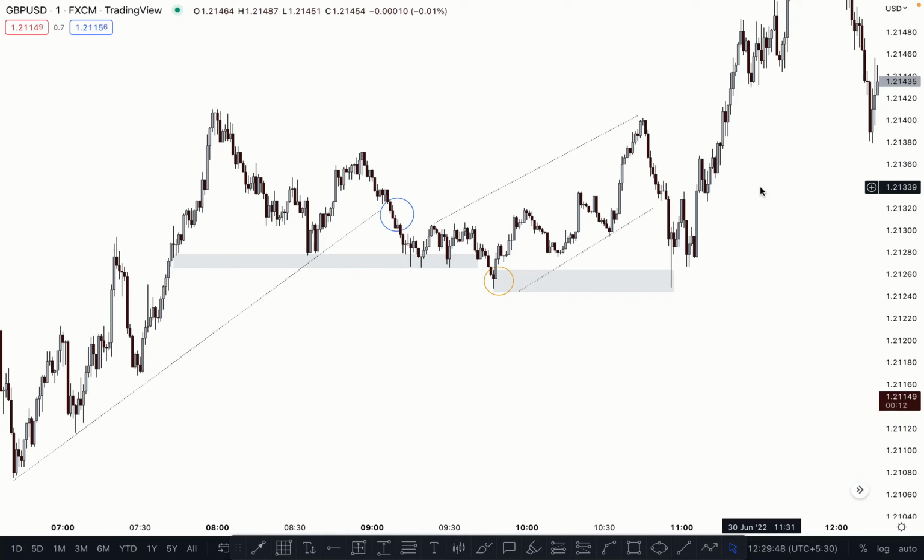So you need to understand where the liquidity is. First identify the liquidity, then the structure. Whether the structure is bearish or bullish, you have to wait for the liquidity, then the market liquidation, and then take an entry. The same thing applies here.